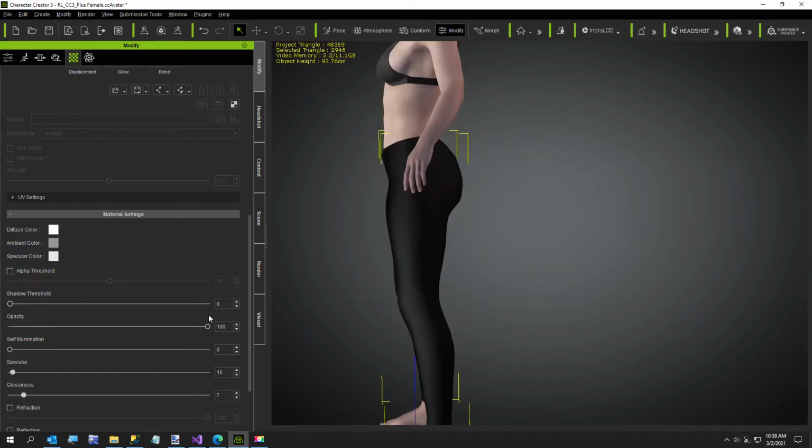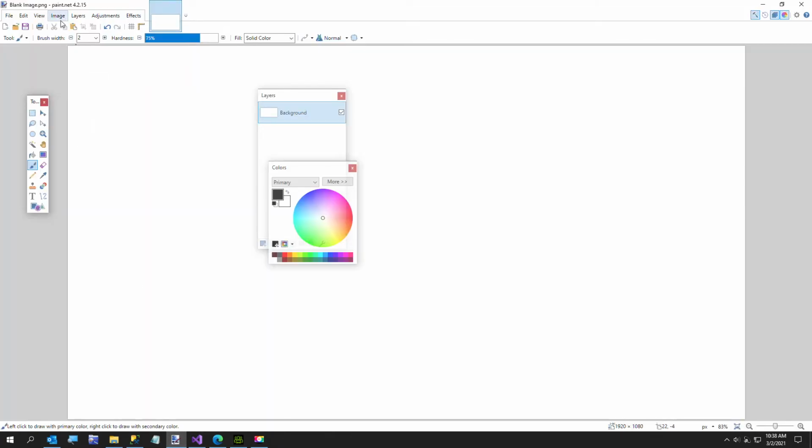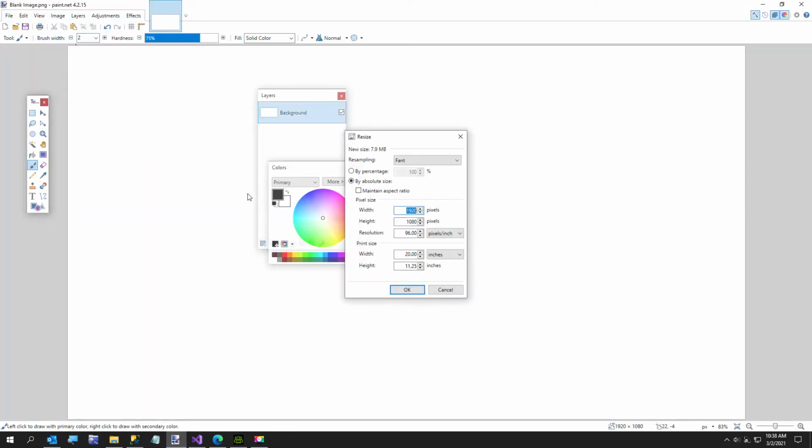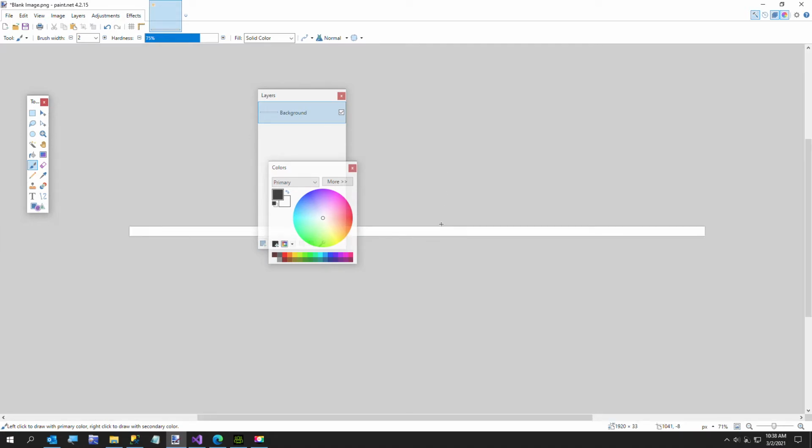Or that's what happens to me. So we're going to go ahead and create our mesh. To do that, we're going to use paint.net. We're going to resize this image, and I'm going to take this down all the way to about 33, and there's a reason for that, because when I used 32 there was a little bit of a gap,